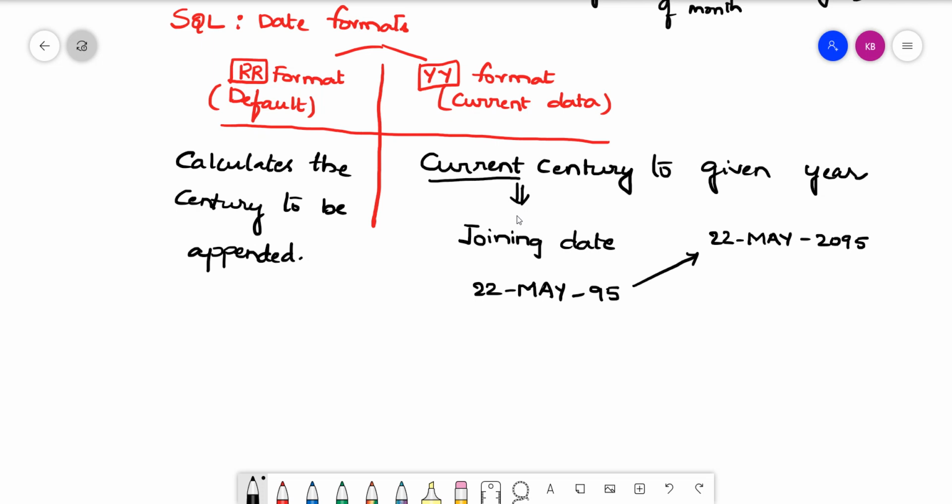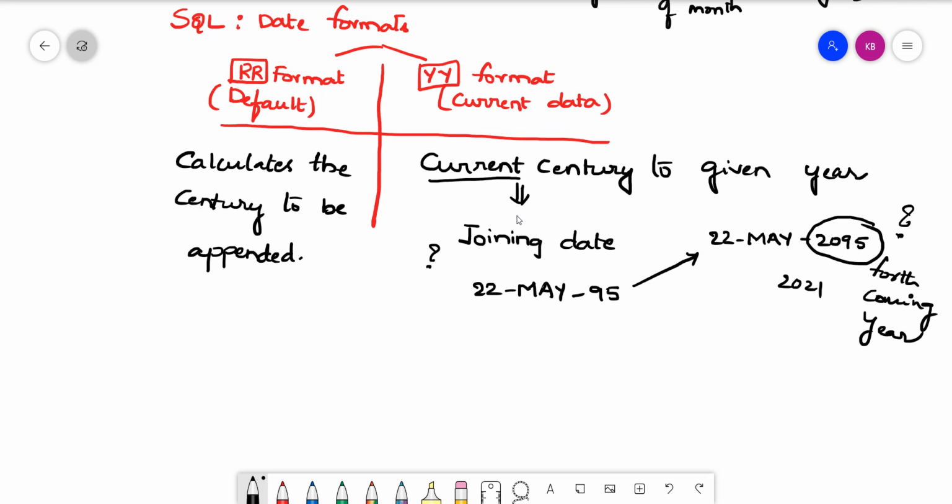Yes, but can this be my joining year? We are still in 2021. Am I right or not? So in such a situation, this is a forthcoming year. How can we always add the current century to the given last 2 digits of the year? Is that a valid question? Yes.